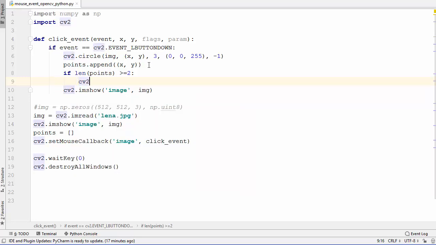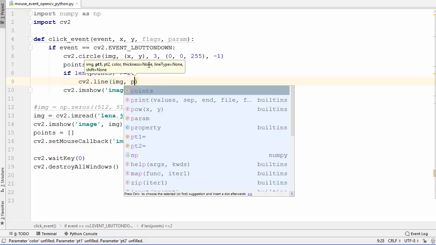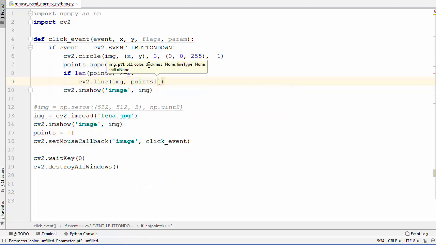So I'm going to call the cv2 dot line method, and the first argument here will be the image. The second argument here will be point 1, so the coordinate of point 1. Now we want to join the last 2 points, right? So we are going to use this points array, and to get the last value of an array we use -1 here. So as an index we will give -1, which means the last element of an array, and then we will join the second last element of the array.